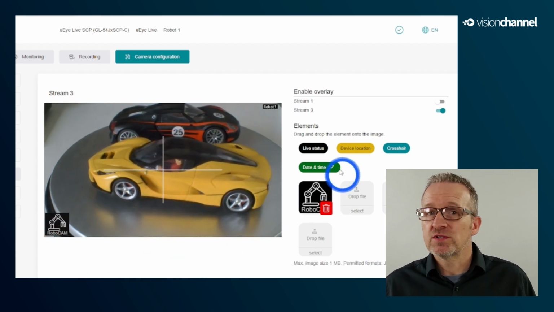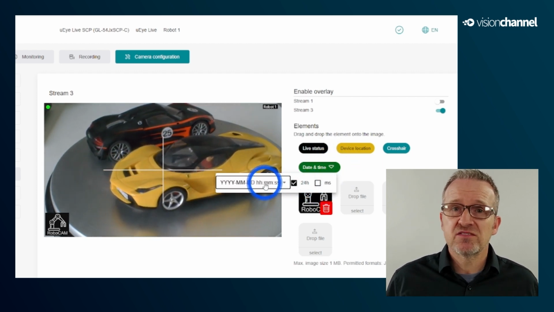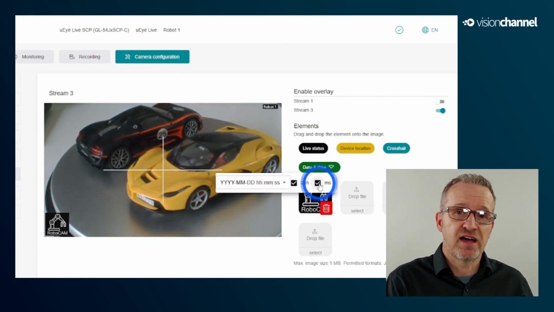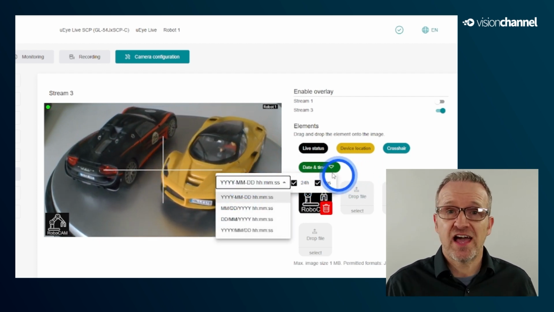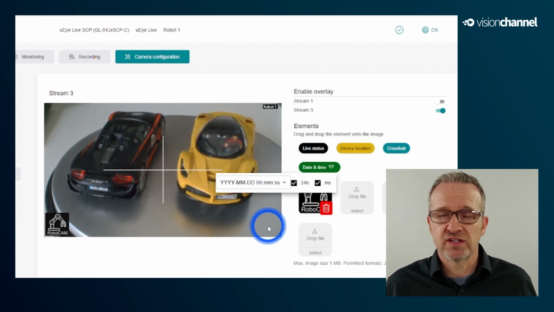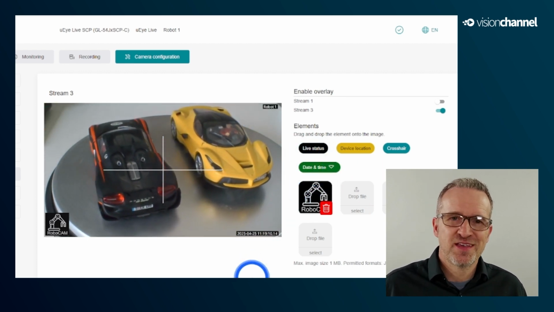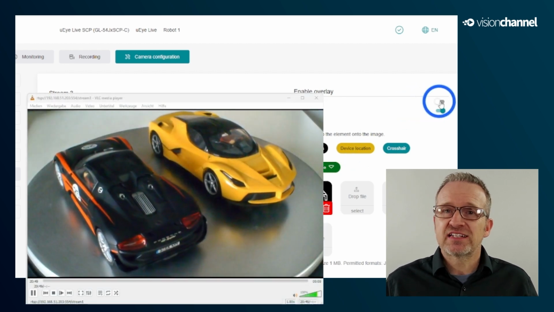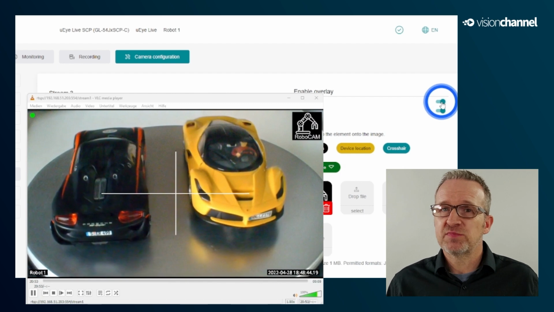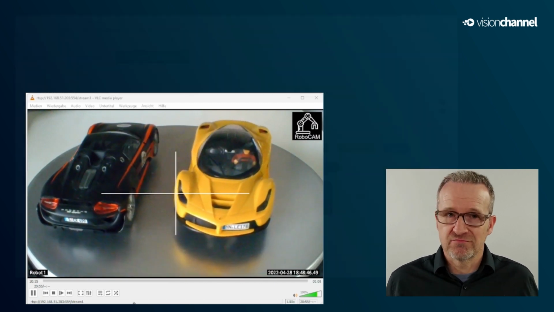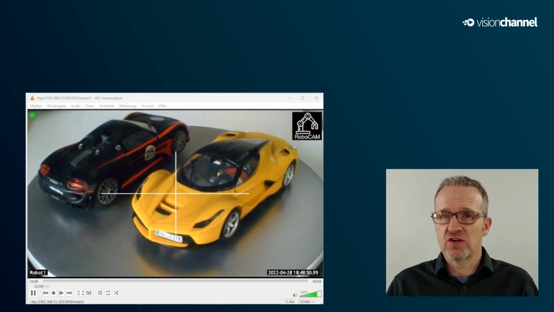Last but not least, we also have a timestamp, and we can even display the milliseconds here. This can be enormously helpful, especially when analyzing recordings, for example, if you want to identify the exact time of an event on time synchronized cameras. We can see this later in the use case. In the enable area, we can activate the configuration elements for stream 1 and 3. The overlays can be activated while the stream is running. So now stream 1 also shows the overlays.